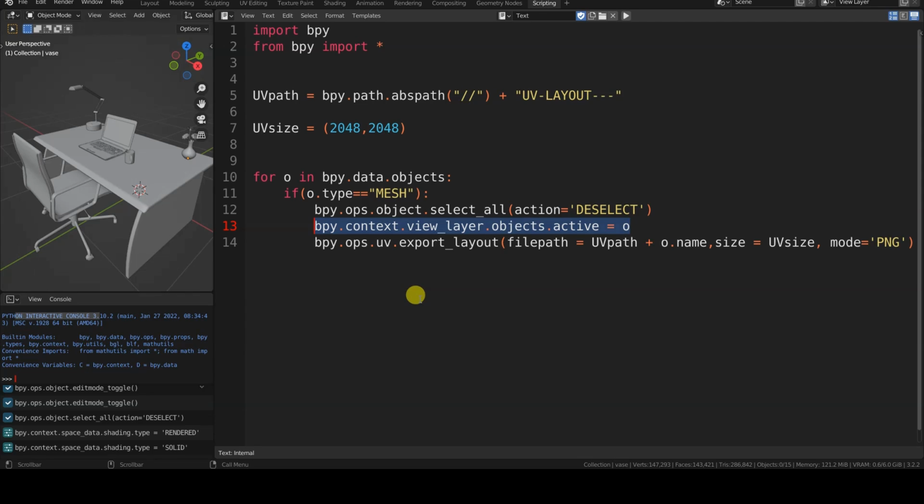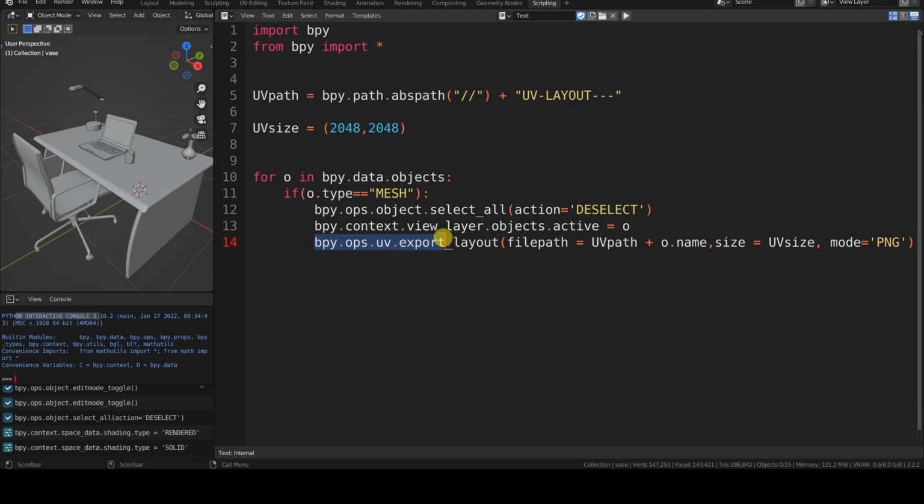This assignment will set the active object of the scene, assigning the current mesh to context, view layer, objects, active. We have to do this because the following ops, Blender Python operation, will be performed on the one and only active object. Remember, you can select multiple objects, but there is only one active object at a time.